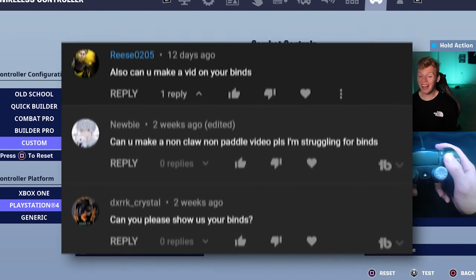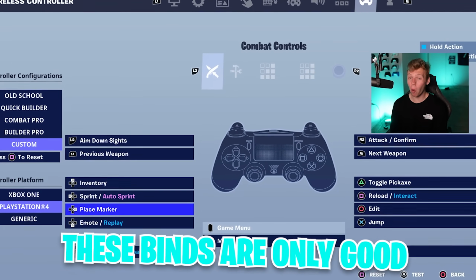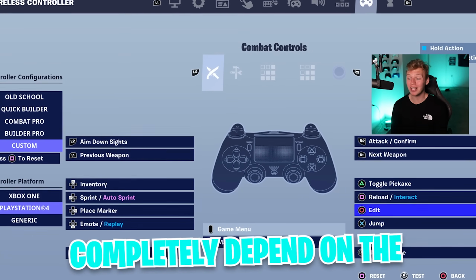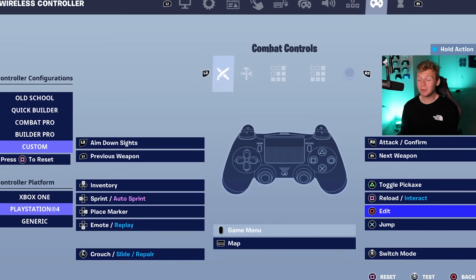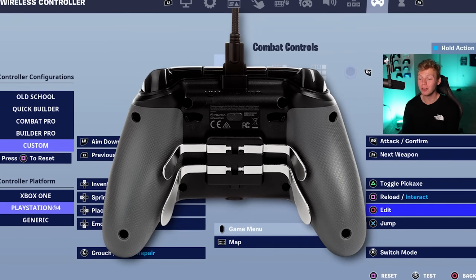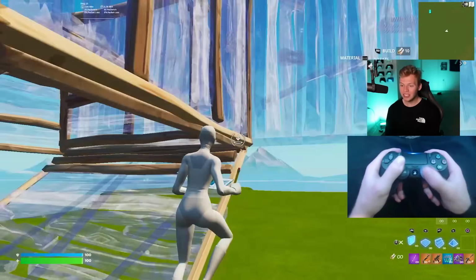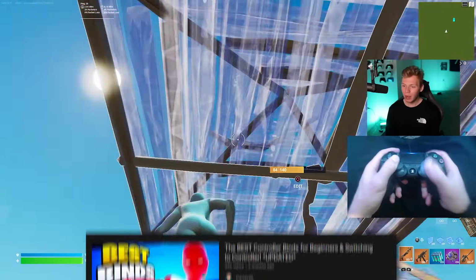Then my last video, a lot of people were really interested with my binds. However, I do need to say that these binds are only good if you have a 4-paddle setup. Certain controller settings kind of work well for everybody, but the best binds are going to completely depend on the type of controller and grip that you use. The main grips are a standard right hand claw, there's double claw, there's 2 paddles, there's 4 paddles, and then there's no claw, no paddles. So there's specific binds that'll work best for each one of those 5 different setups. If you're interested, I have made a video talking about the best binds for every single controller setup, and I'll make sure to link that in the